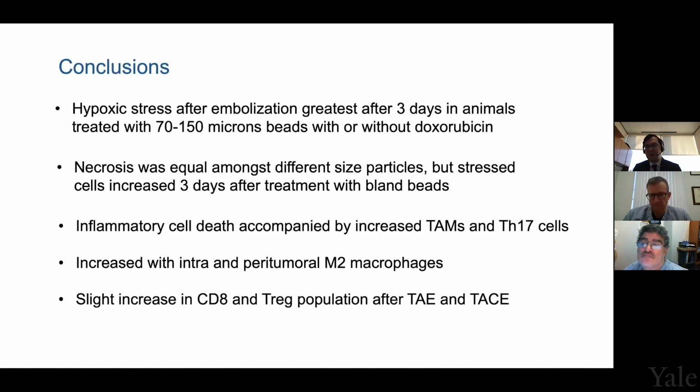The pro of the bland bead is you have less of that exuberant inflammatory reaction, at least that's what we saw in the preclinical models. So maybe you are potentially attracting less immunosuppressive cells. And if you add the drug, and it's the right size bead and the right size tumor, then you are probably obliterating that tumor.